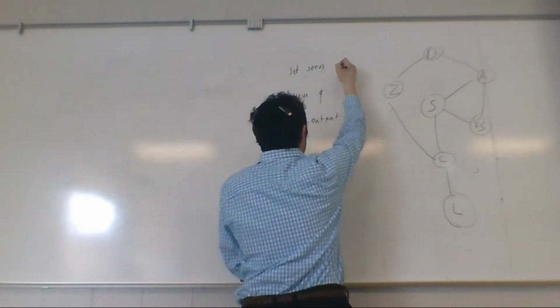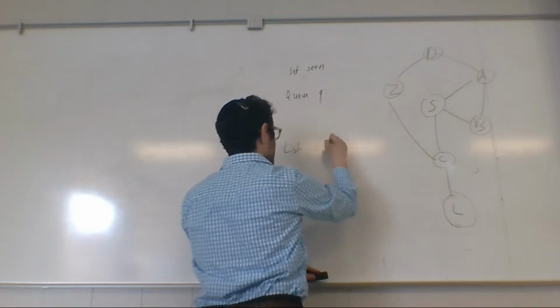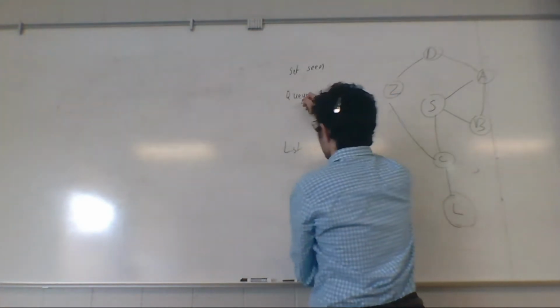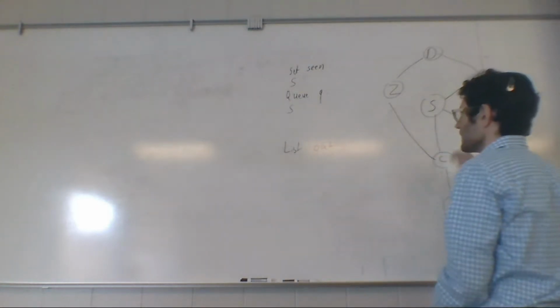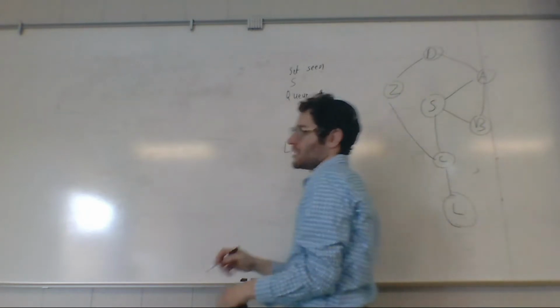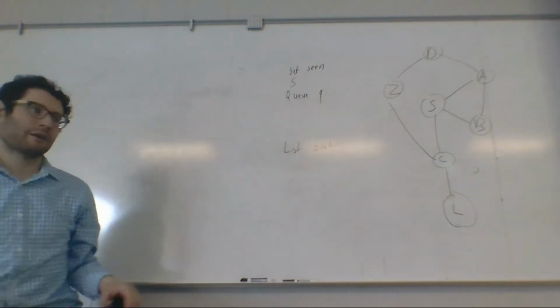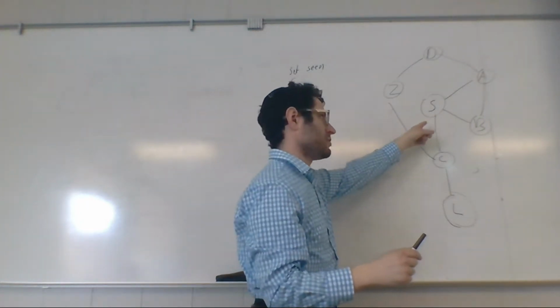And obviously, since it's the first node I have, it's my starting location, I'll say I've seen it. So, okay, I've seen S. Now I pop it from my queue. I add it to set C, if it's not already there. Okay, and now I add all of S's neighbors to my queue and to